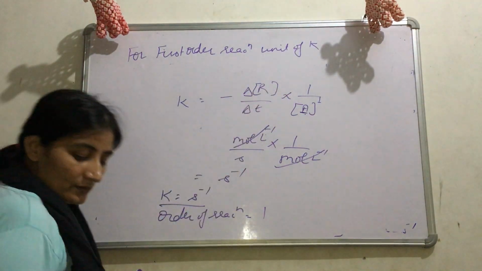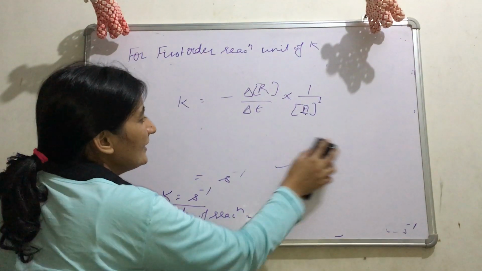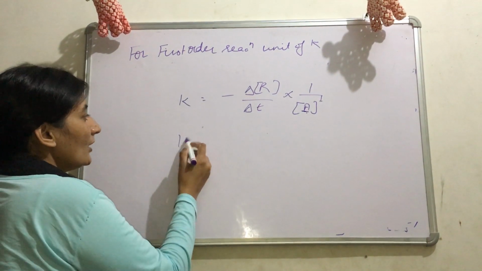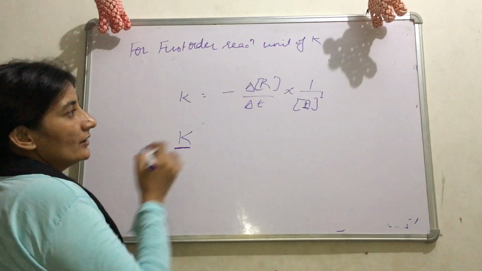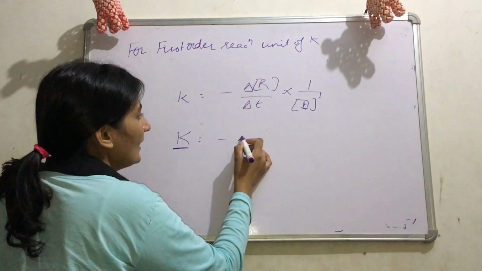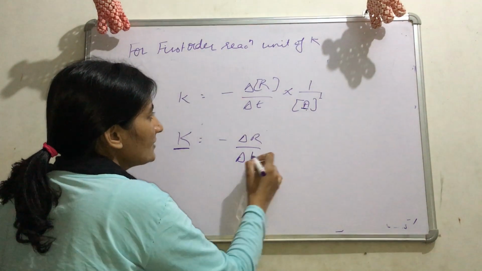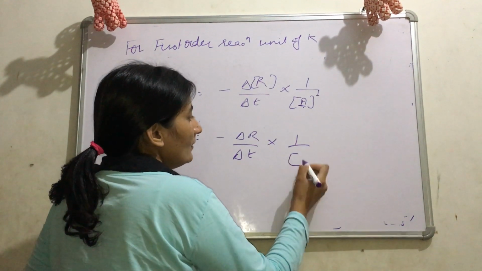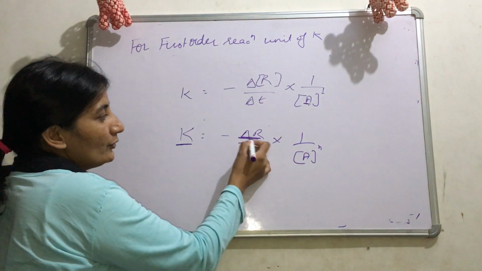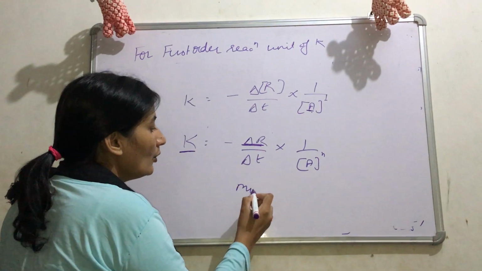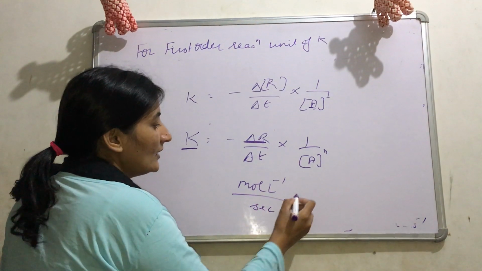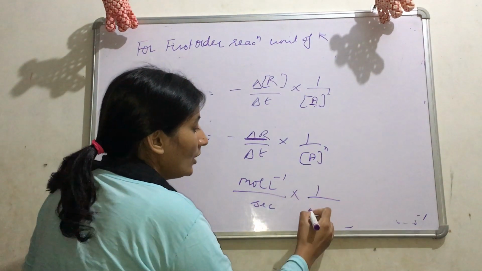If the order of a reaction is n, then what will be the unit? General formula for calculation of unit of K. If the order of reaction is n, then minus delta R by delta T, we can substitute here 1 by A to the power n. Now what will be the unit of R? Mole per liter per second, then here mole per liter